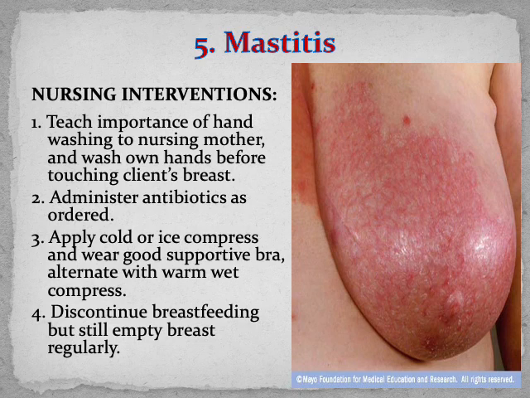Importante din na kahit hindi nakakapag-breastfeed yung baby sa breast na ito, in-empty pa rin yung breast regularly. Discontinue breastfeeding kasi baka mahawa si baby, pero empty the breast regularly because a breast emptied of milk prevents further growth of bacteria at baka lalo lang mag-cause ng further infection kung hindi ini-empty yung breast.